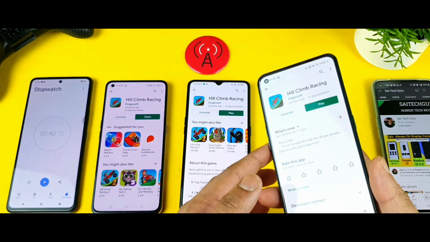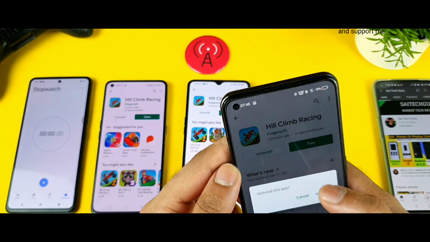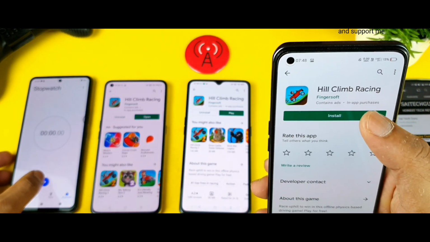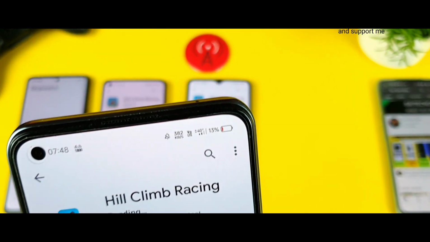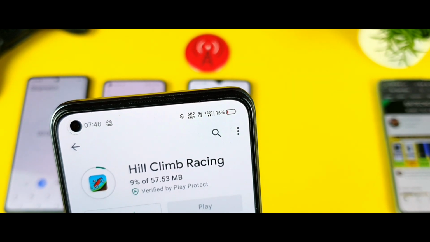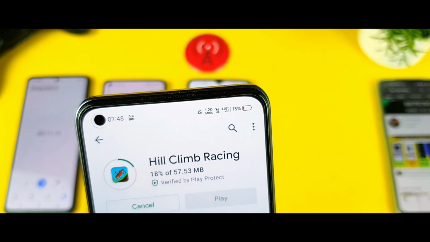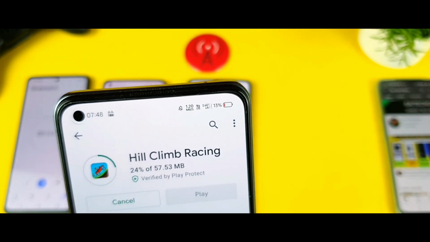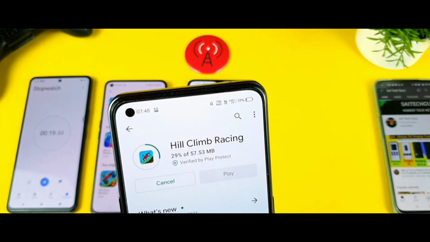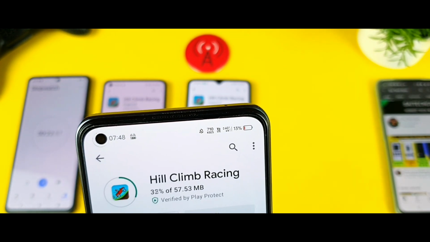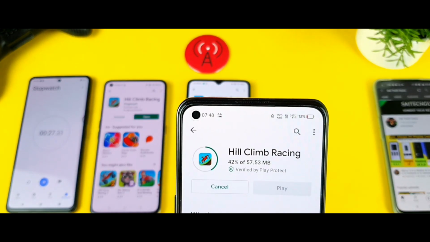Let's see whether the Realme X1 Max can beat this Realme X2 Pro or not. That's going to be a really interesting test. Let's see, friends, what will happen. So let's see, 1 2 get set go. Right now you can see the top notification speeds. We recorded 1.90 speeds in the Realme X2 Pro. In this phone we are getting about 1.20 and 1.50. Not bad. These are using the same SIM card, friends, the same Jio SIM from the beginning until now. I did not change any SIM at all. I don't think the Realme X1 Max can actually beat the X2 Pro. No.